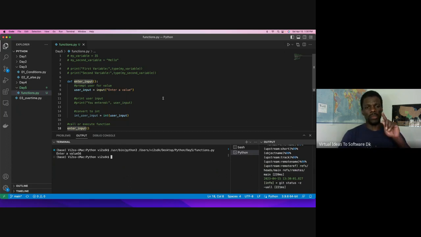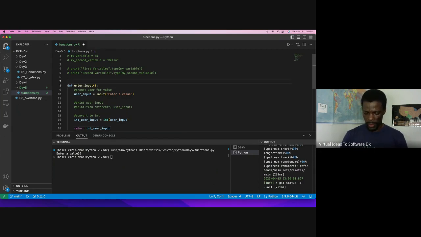But if I want to return a value, then at the end of my function, I need to use the return keyword. Now I can decide what will be the output. After you've done all these things, maybe I want this to be the output, an integer. I want you to enter a string and then I output an integer. Okay, so if I want that to be the output, then I'll simply put that in there. Now my function becomes,